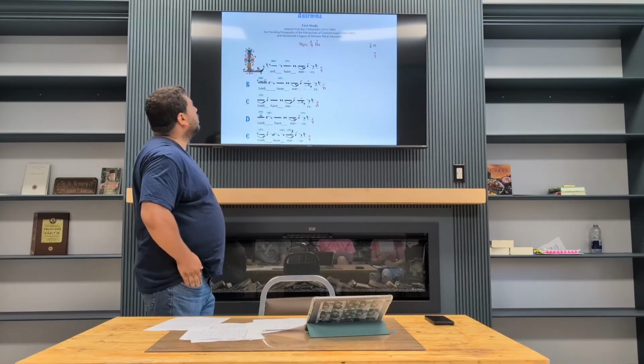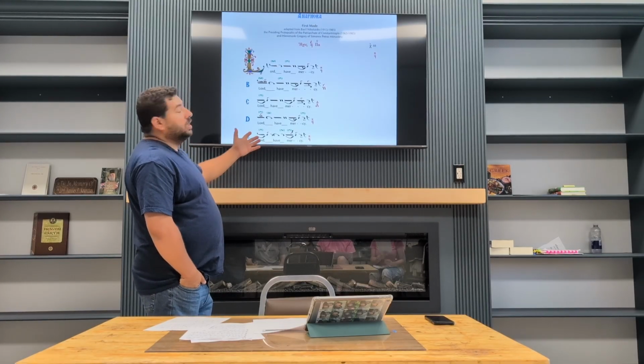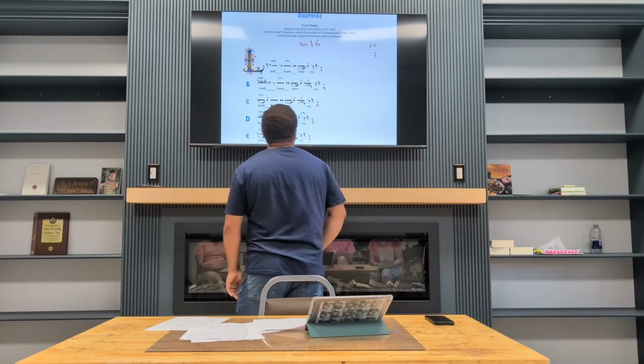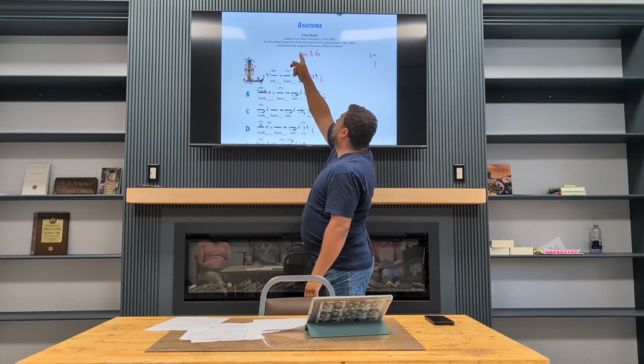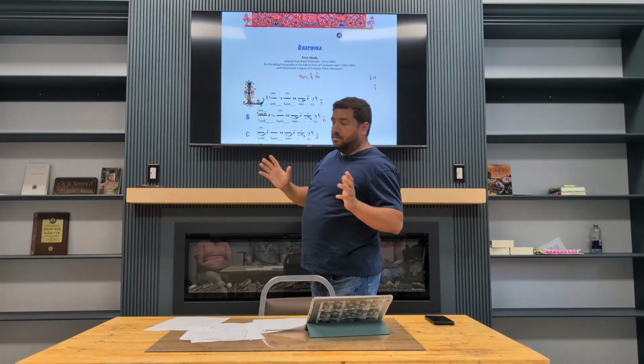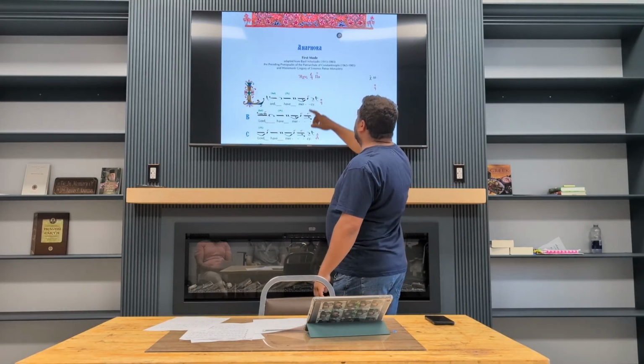Presenting the anaphora. And this is the litany from the beginning of the anaphora. And here we have a little writing in Greek saying ichos, meaning tone. Then we have,